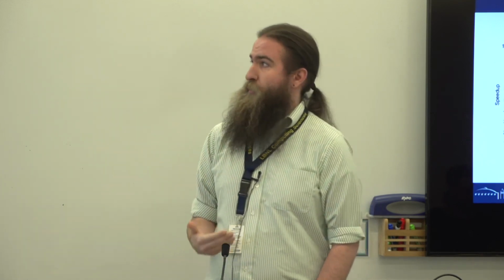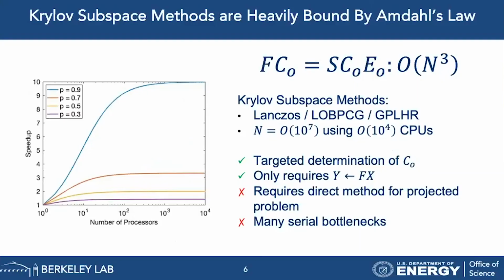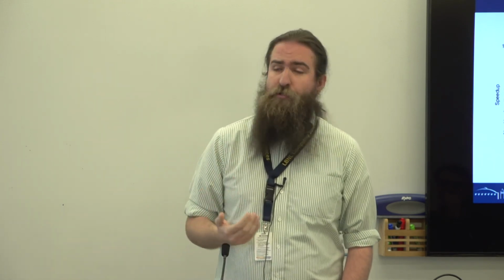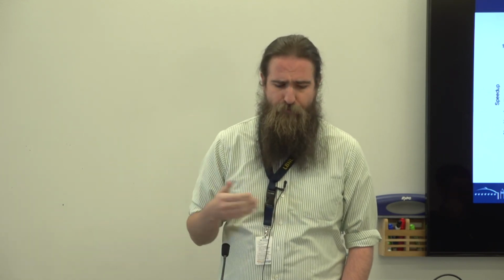On the other side, we're able to solve these things iteratively through Krylov subspace techniques, so things like Lanczos, PCG, GPLHR. Using these types of methods, we're able to solve tens of millions of degrees of freedom pretty easily on tens of thousands of CPUs. This has the benefit of a targeted determination of a certain set of eigenvectors. So if I'm only interested in a subset, I can obtain those directly. Also, it doesn't require storage of the matrix. All I need to know is some application of the matrix on some trial set, and then I solve the